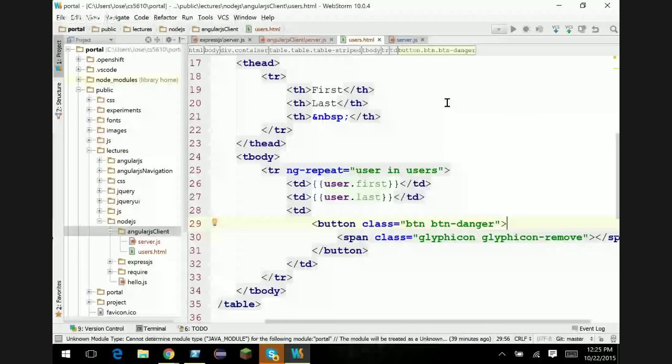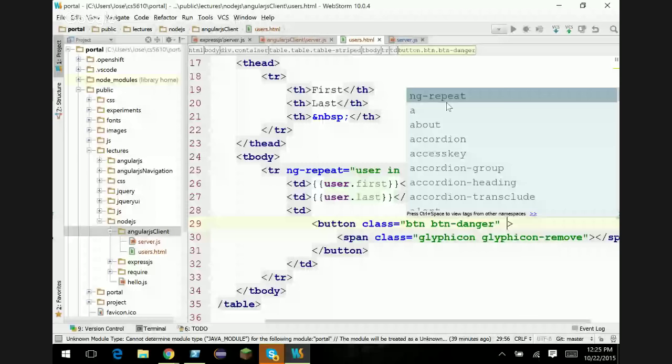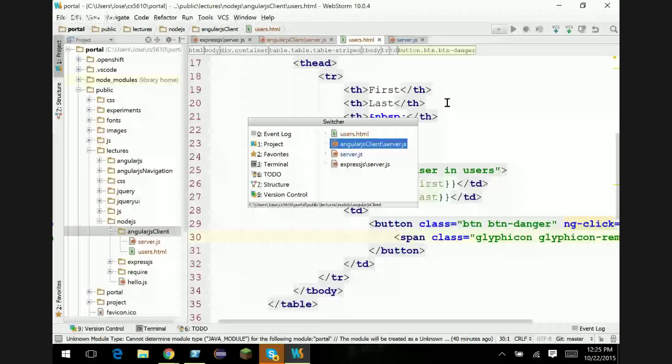Okay. So we'll say, if we click on it, we're gonna send a delete event handler. We're going to go to the controller and say we want to remove this particular user. Okay, so for that, we need to go back to our controller and create an event handler. We're going to say, if they call the delete and they pass us the user that they want to remove,